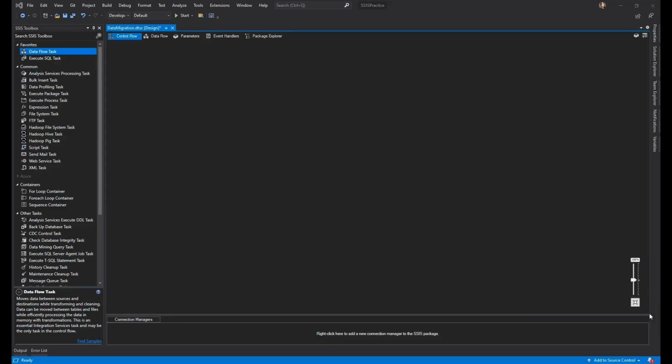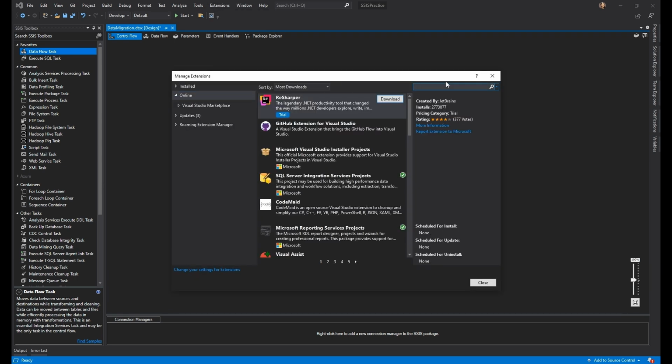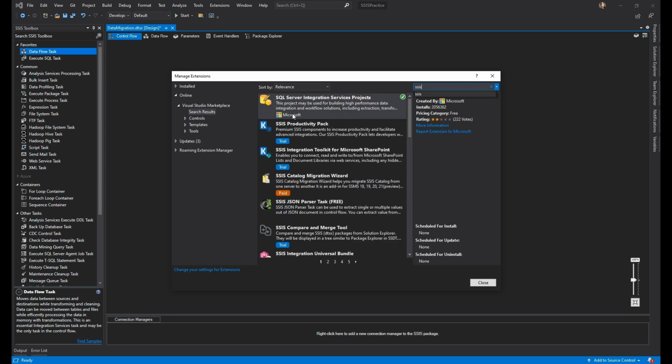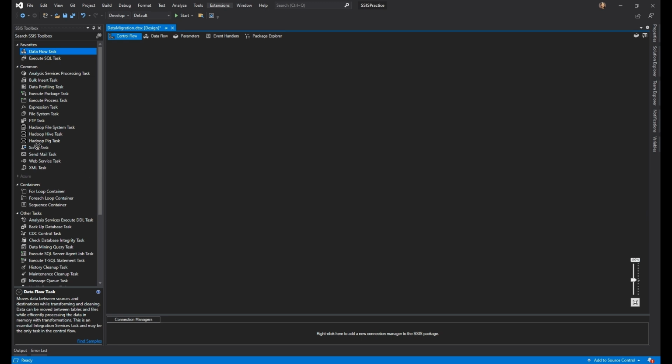First, open Visual Studio and create a new SSIS package. In case you don't have SSIS, you can simply download it from Manage Extension by searching SSIS in the online section. The one from Microsoft is our option to go. After that, simply drag a script task into control flow. Using the script task, we will be calling the web API and will store the JSON file in the local, and later we'll take it to data flow,